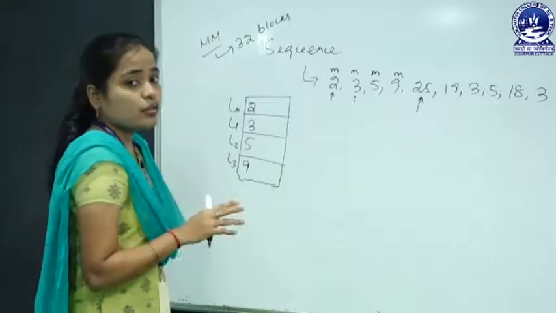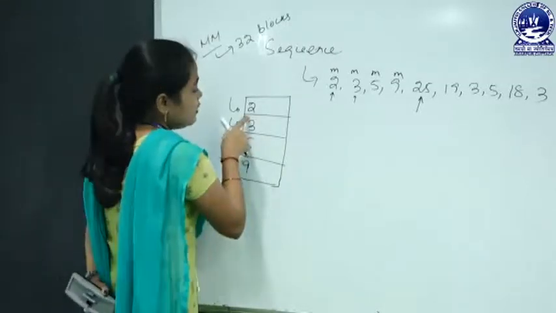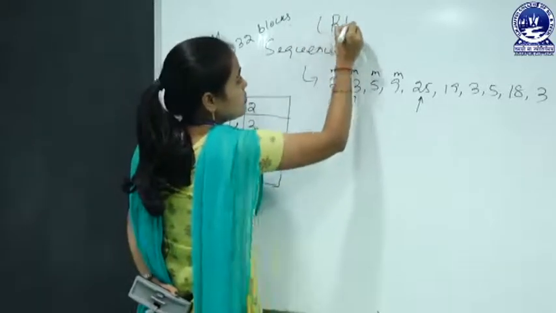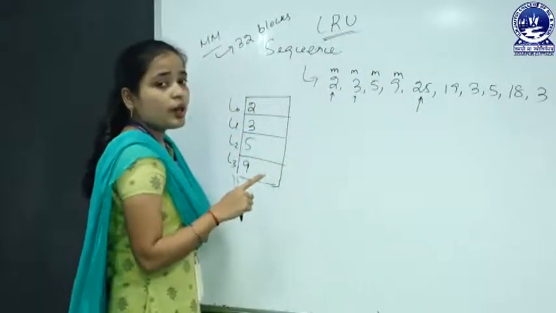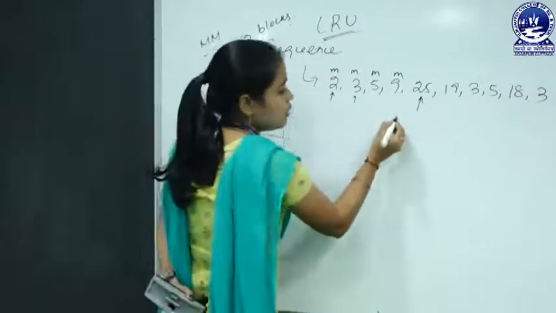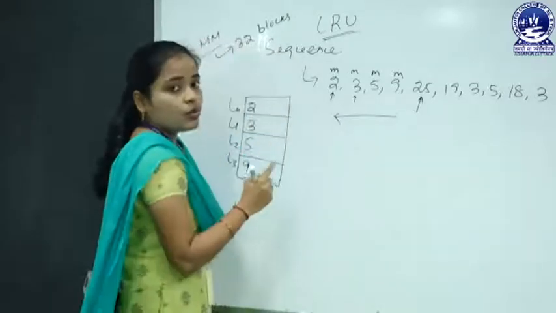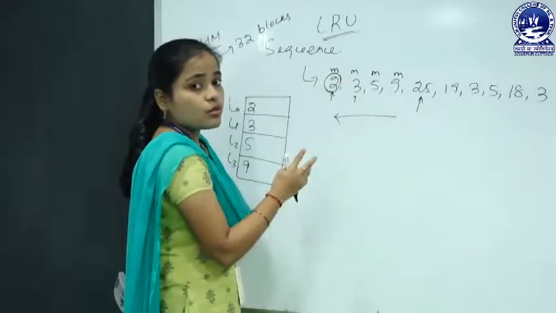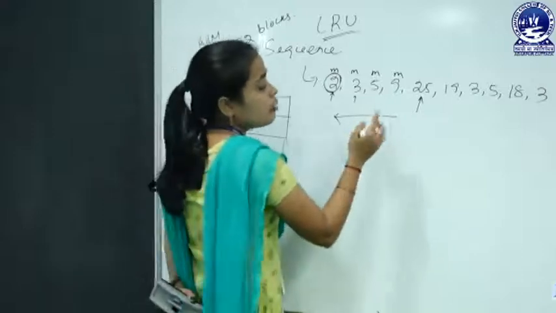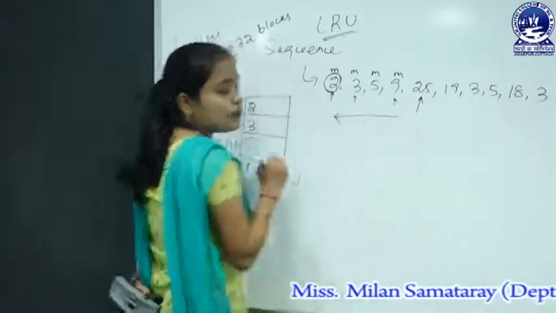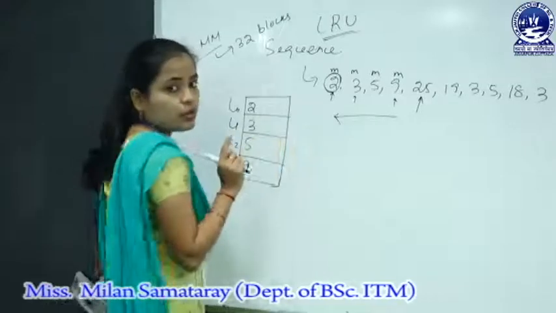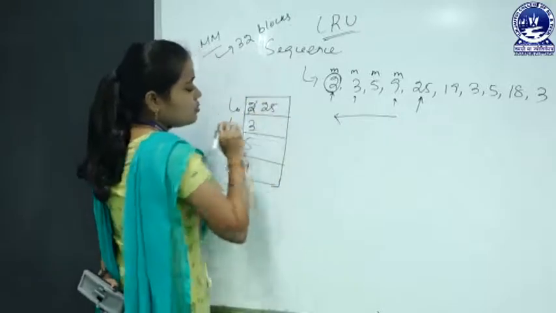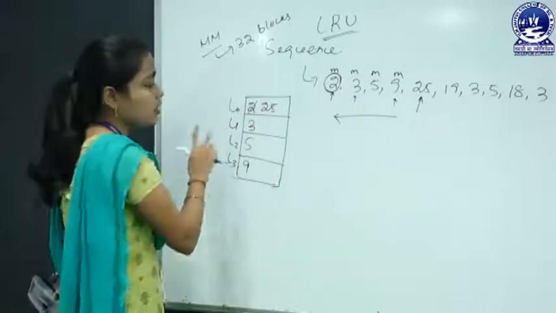If it follows the FIFO replacement algorithm, then you have to replace 2, and in this LRU replacement algorithm, to find which block is least recently used, you have to go back through the blocks which were used. Okay. Then here you can see block 2 is not used for the maximum period of time, the most recently used is the latest block, and the least is 2. So you have to replace block 2. So it will be replaced and block 25 will be stored in L0.